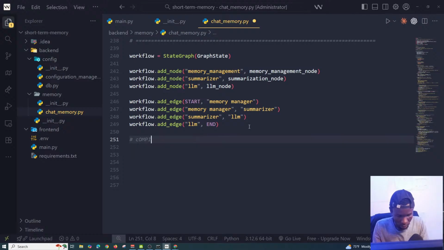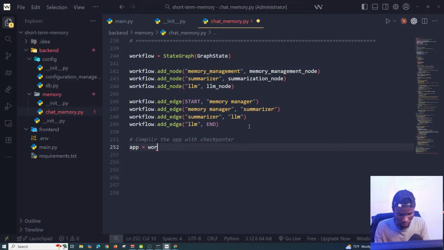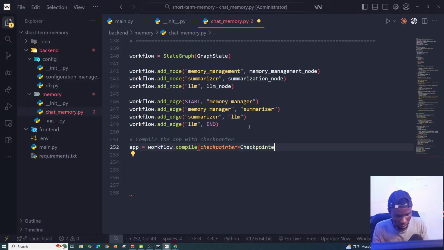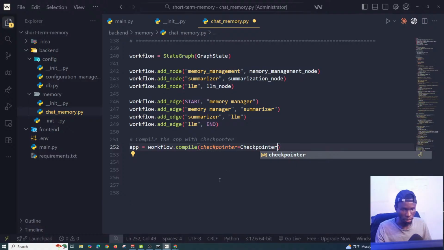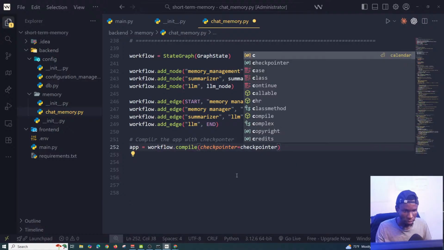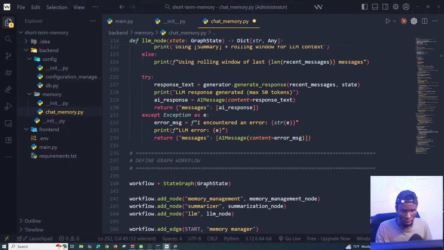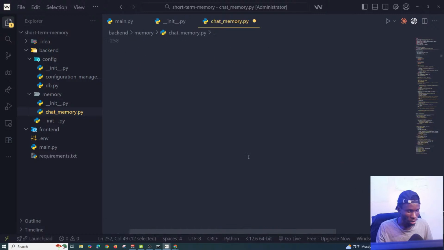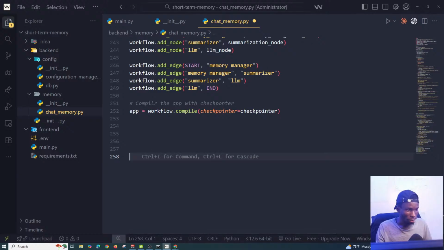So compile the application with checkpointer. With the checkpointer, so that we have this is the workflow. So workflow.compile. Then we can pass in the checkpointer. We are passing in the checkpointer. We initialize our checkpointer somewhere. Where is the checkpointer? We initialize our checkpointer here. So once we pass in the checkpointer to compile the app, then we can, okay, I wanted to print the GraphState,